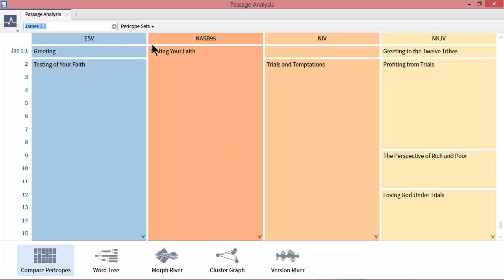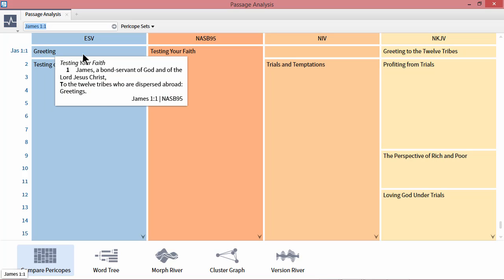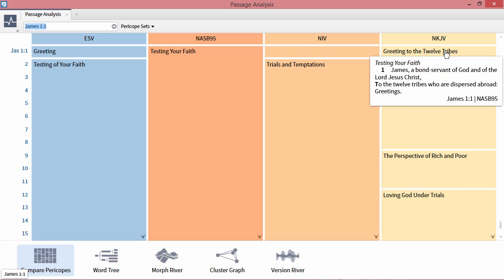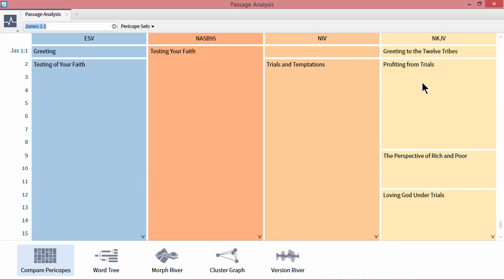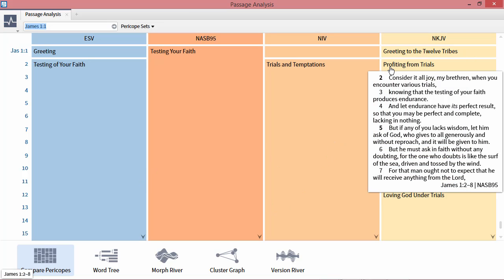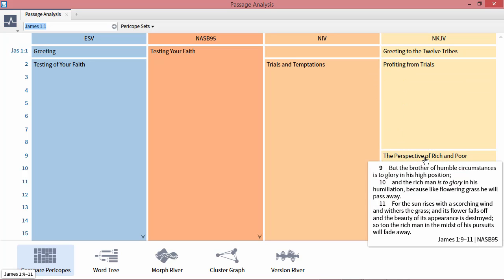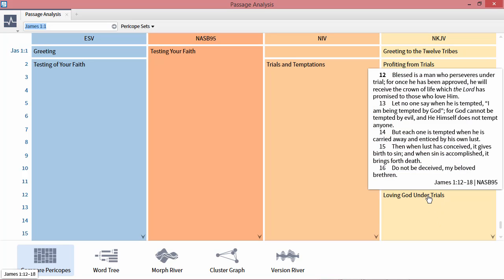Well, the white line shows you where there's a division. And in this case, there's a division agreed on starting at James 1. So if we were to back up to the previous book, there would be a break there. Now, verse 1, the ESV treats that as a whole separate section, which is the greeting, and that makes sense. The NIV does the same thing, just doesn't give it a title, and so does the New King James. The next section, only the New King James breaks it down from verses 2 to 8. Then it breaks up the rich and poor, 9 through 11, and then it goes loving God in our trials,